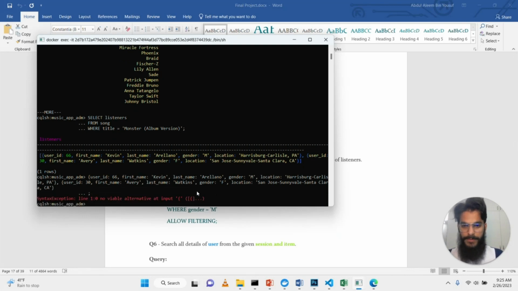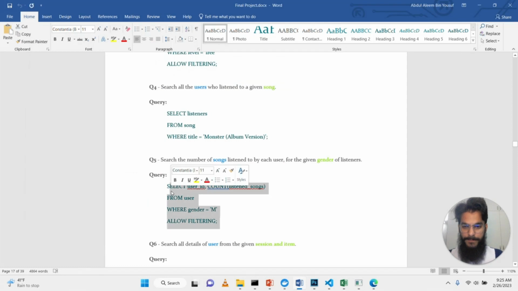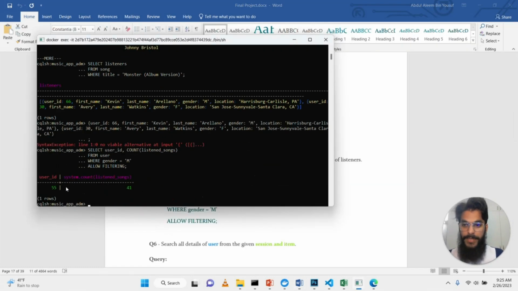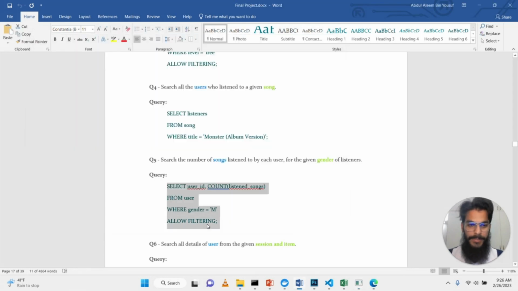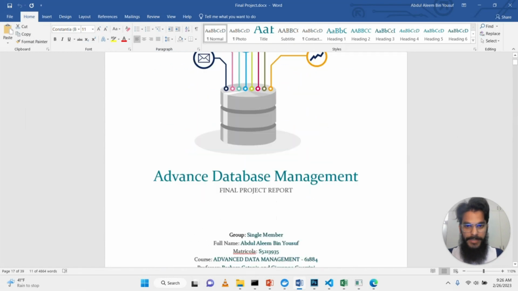nope. I think I didn't copy it correctly. So let's do it again. Okay, so here you can see it counts all of the users, not each user. It gets a particular user ID with the 41, which is basically the actual count of the listened songs. But the point is, I need to do it for each user, and for that I wrote some of the